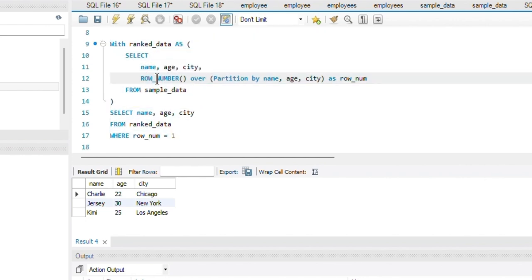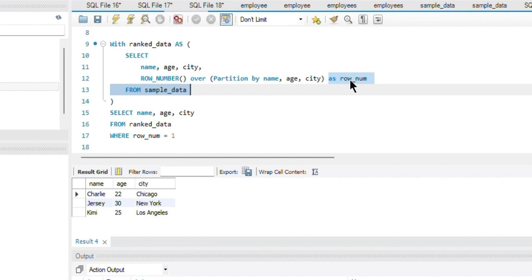Now I'll help you understand what we exactly did here. We have created a common table expression, or CTE, named ranked data. In there we have used the ROW_NUMBER function OVER PARTITION BY name, age, and city, so that it assigns a unique row number to each row within each group of duplicates. That number will be a separate column here.